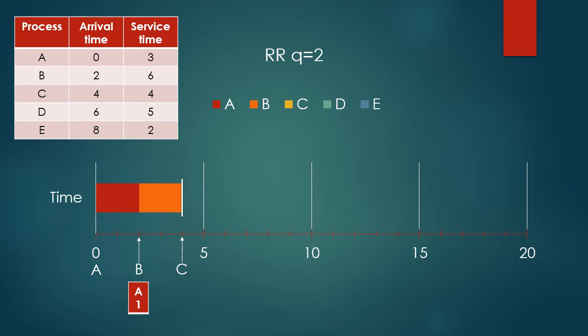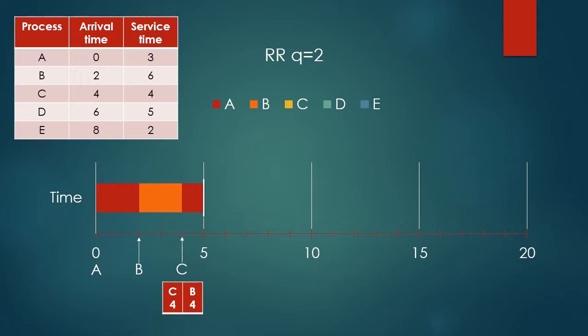The system takes A off the processor, puts it in a queue, makes a note that only 1 second of A's execution is remaining, then gives the processor to B. B runs for 2 seconds, then its time quantum expires. At the same instant, C enters the system. The system puts C at the end of the queue. B is switched off the processor and placed in the queue behind C. B still has 4 execution units remaining.